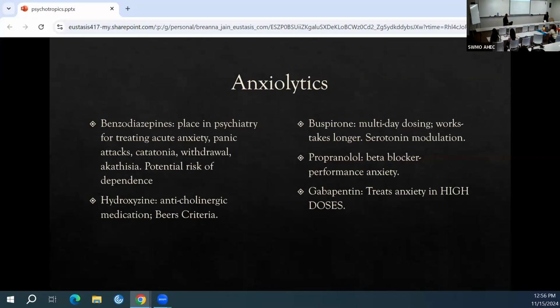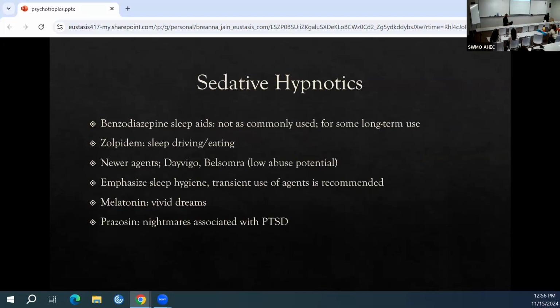Okay, so moving on to sedative hypnotics. We'll just briefly touch on those. We still use benzodiazepines, but sparingly, such as Halcion, Restoril. Usually it's just a patient who's been on them forever, can't get off of them, and that's where they are. Zolpidem,